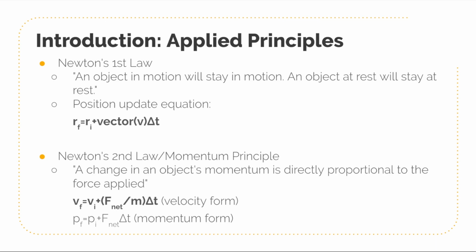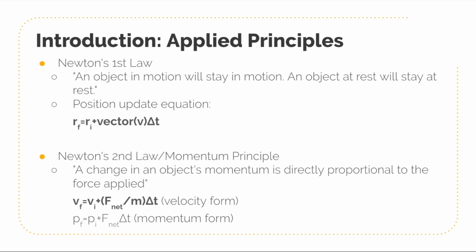Newton's first law describes an object's tendency to remain in either motion or rest, leading to the position update equation, which enables us to calculate an object's position based on given velocity and time interval. Newton's second law states an object's change in momentum is directly proportional to applied force. The derived equation is used in this lab to explain how a zero net force would result in a constant